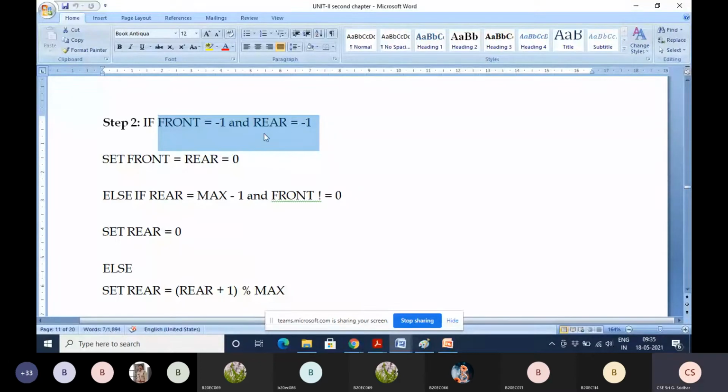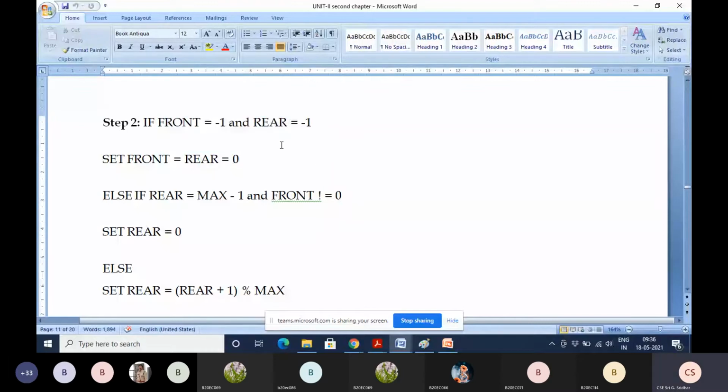The second case is after deleting all the elements from the circular queue, when we again set front and rear to -1. So in both cases, after deleting all elements or at initial creation, the circular queue is completely empty.